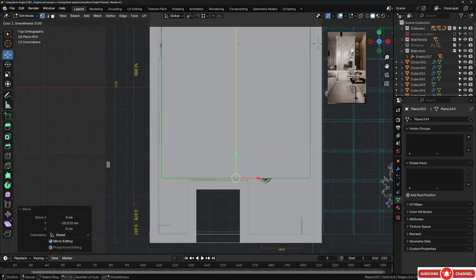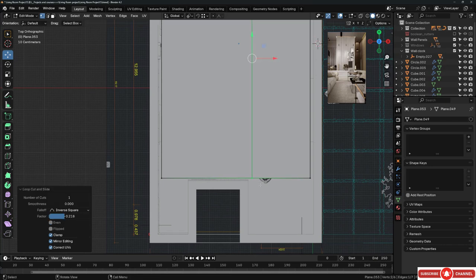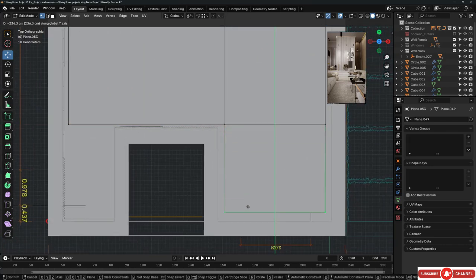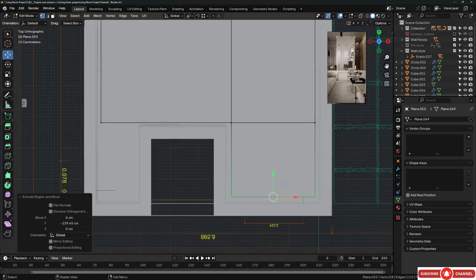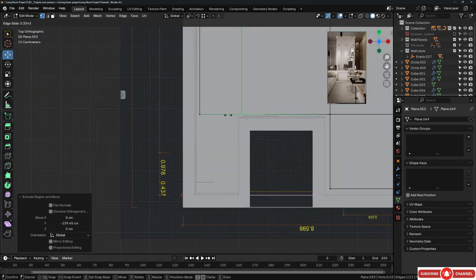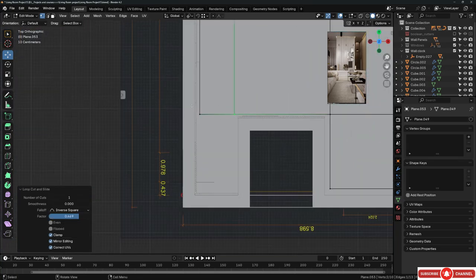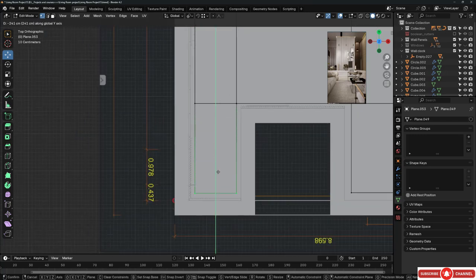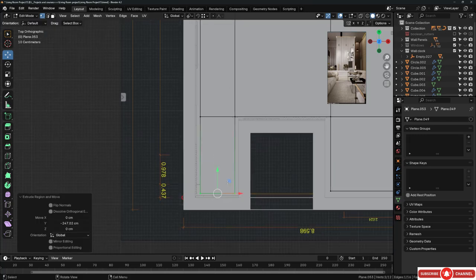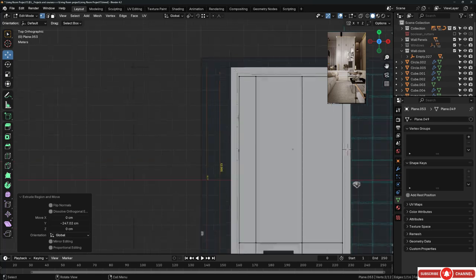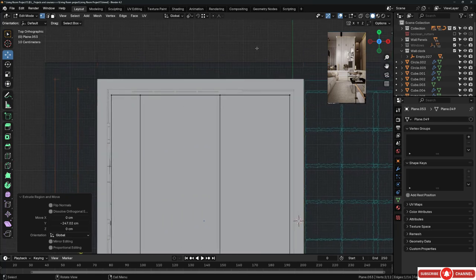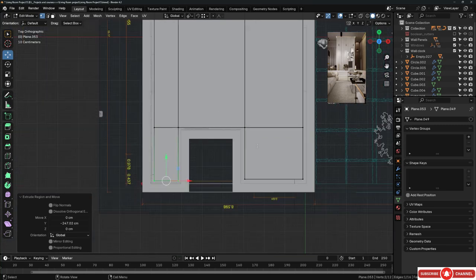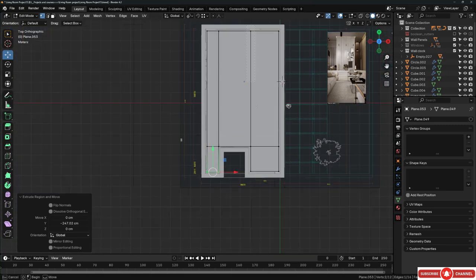And then I will hit Ctrl R to add one edge loop here. And I will grab those and then hit E to extrude those here as well. And Ctrl R to add one edge loop right here. And I'm going to extrude these two vertices almost right here. After doing that, now it's time to fix the variation. Make sure that the distance